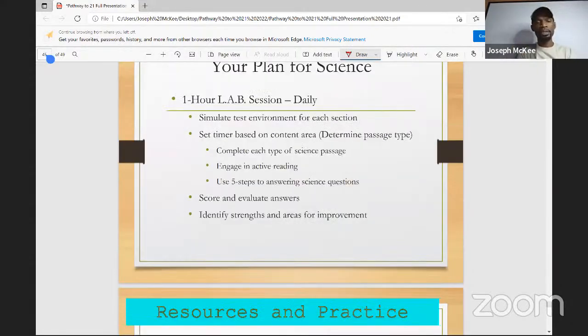Every day, simulate the test environment just like you do for any of the other sections. Set your timer based on that passage type. So if it's conflicting, 6 minutes. If it's research summary, 5 minutes. If it's data representation, 4 minutes. What you want to do is complete each type of passage, engage in active reading, use those 5 steps to answering the science questions. Go and identify which ones are correct,